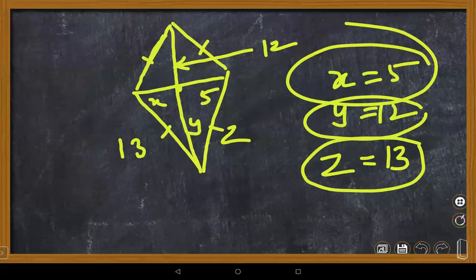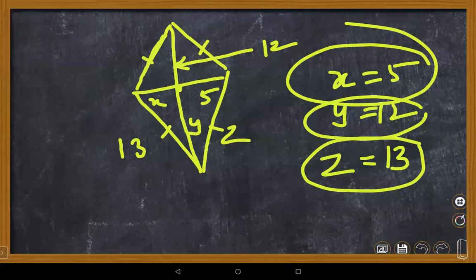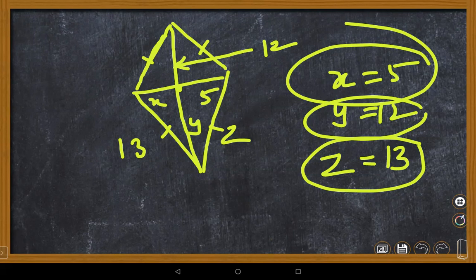We are supposed to find out the values of X and Y. The diagonals bisect at right angles. Bisect means dividing into two equal regions. So one region they gave us 5 centimeters. Obviously, the other region is also 5, so X is 5. The same way Y is 12. The other side is equally divided, so Y equal to 12. Good. This is one way of answering the question. Ma'am, can we do that, ma'am? Which one, Nana? This property, without 13.